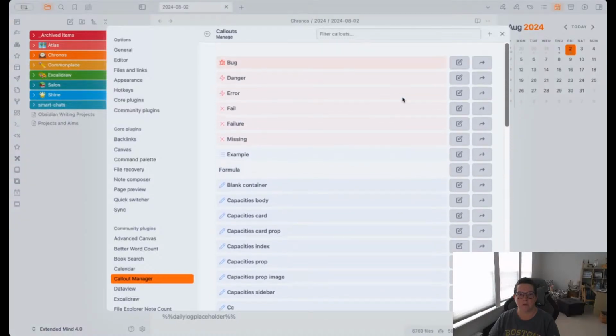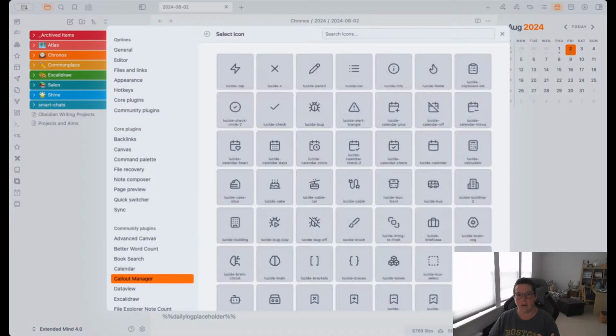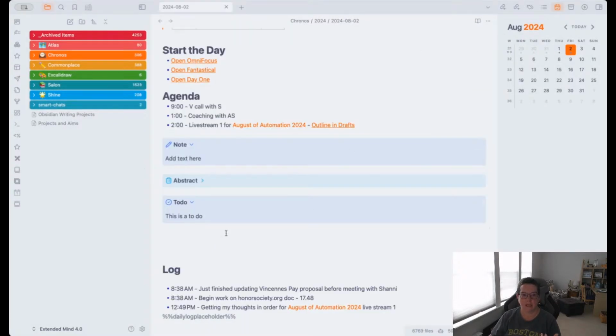So if I want to customize the danger one, I can come down here and maybe I want danger to be yellow. There we go. And instead of that icon, I want it to be the alert icon. That's just terrible. Let's do something a little darker because I can't see that. Let's actually go to a standard color. Let's try that yellow. There we go. That's a little bit better. So you can also edit your callouts with Callout Manager. It's a good thing to have installed. I do like it for really customizing and editing.